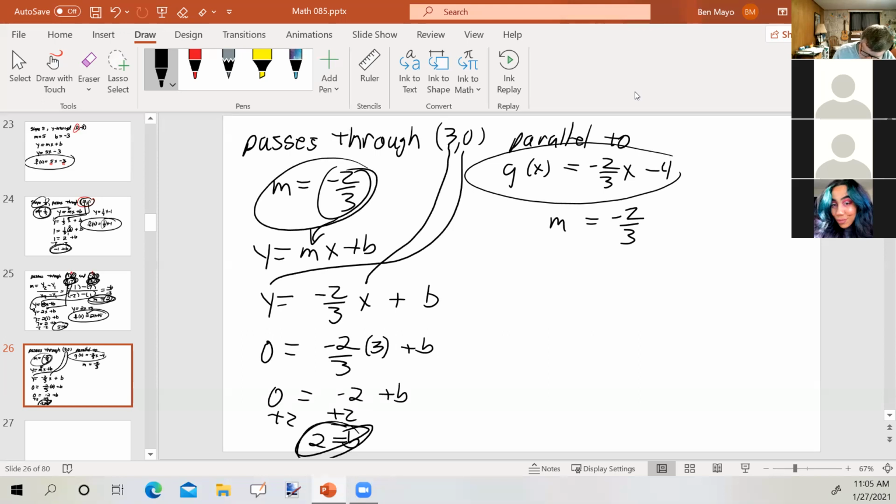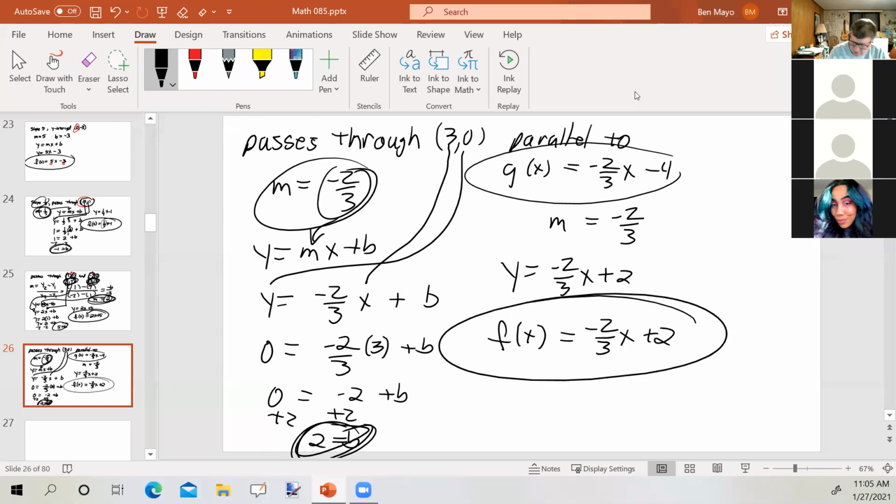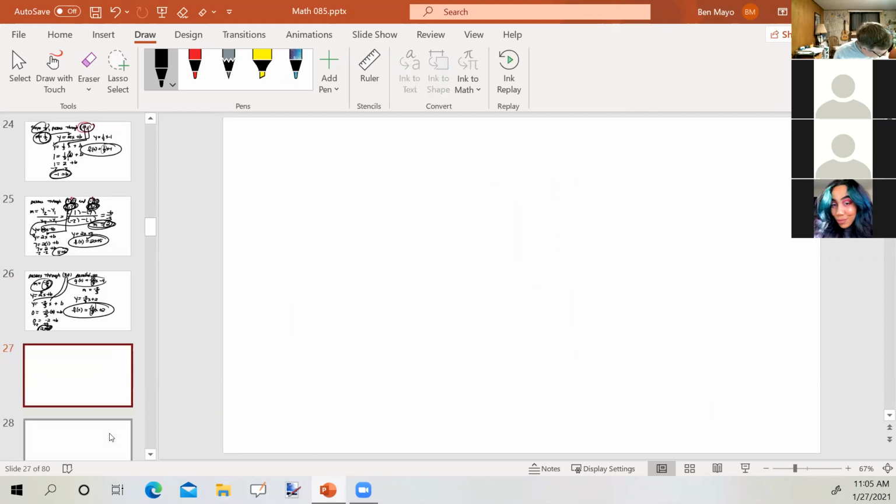So I've got the slope and the y-intercept. y equals -2/3 x plus 2, writing it as a function, f of x equals -2/3 x plus 2. Notice it has the same slope as the line it's parallel to, so that's a good thing. Any questions there? All right. Now we have a line that says it passes through